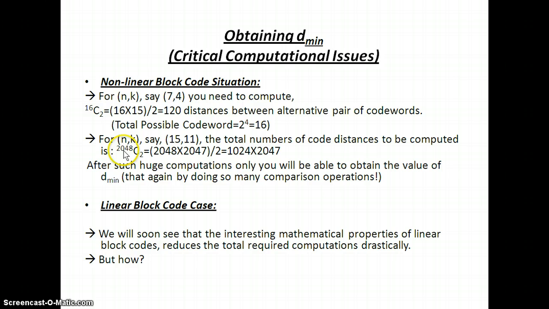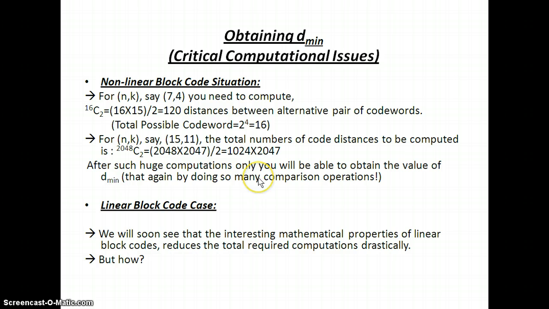You see, 2048C2, that is 2048 into 2047 divided by 2, that is 1024 into 2047. So a huge number of calculations you have to do. After this, again you have to compare between all these d values, that is the distance between code pair values,